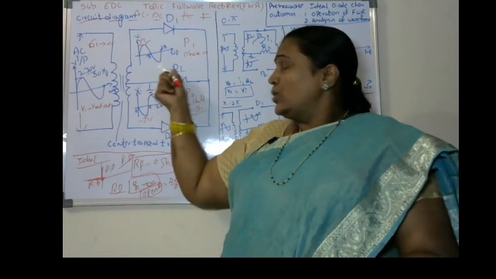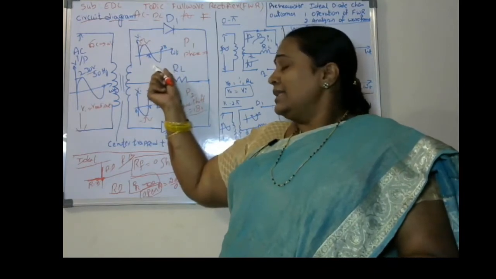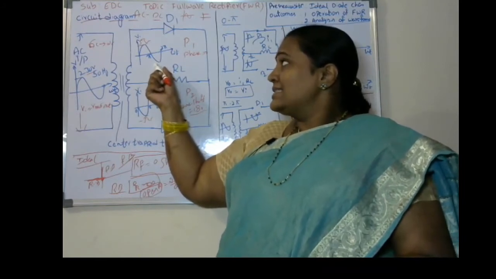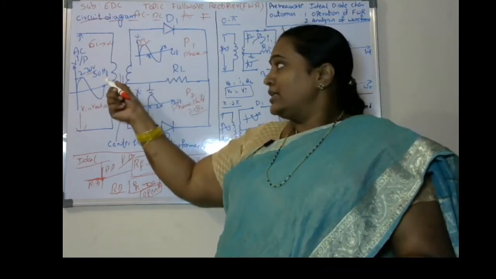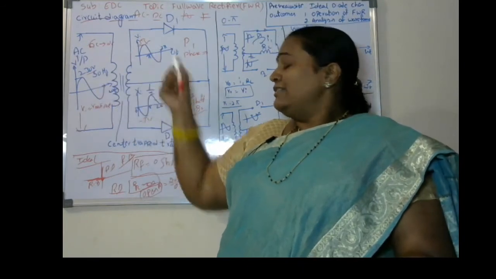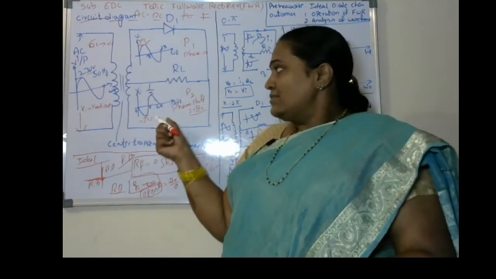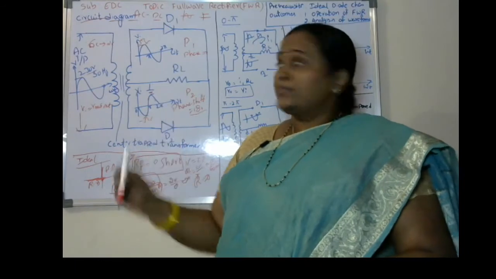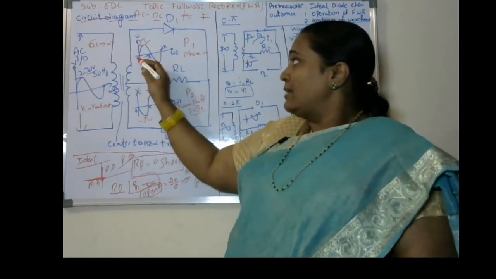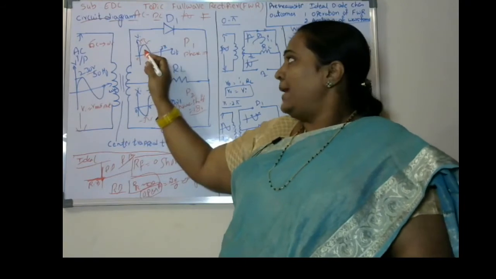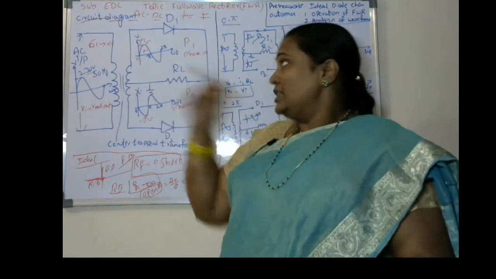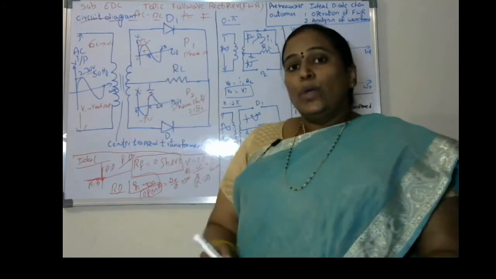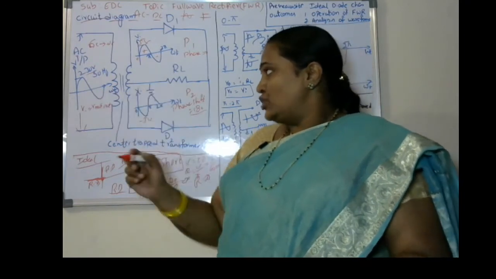Part 1 is going to generate the secondary winding signal the same as the input primary winding signal. They will not have any phase shift. When it comes to part 2, it is going to have a phase shift of 180 degrees. So if you draw the waveforms here, from 0 to pi it goes for a positive section of voltage, and from pi to 2 pi it goes for a negative section of voltage in part 1.